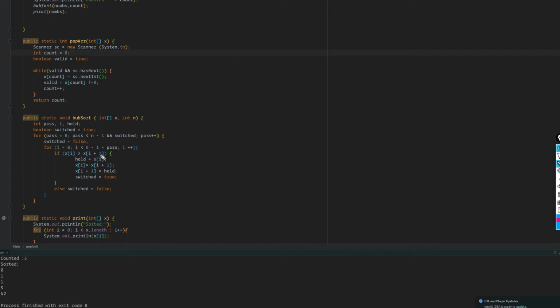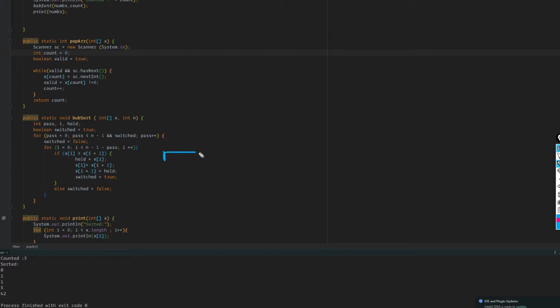Now the plus 1 is pointing to the element to the right, the element one above the index of i. And again, the index of i, the ith or nth index, is 0. So if we start at 0, we're saying if this 0th index is greater than the 0 plus 1 index,